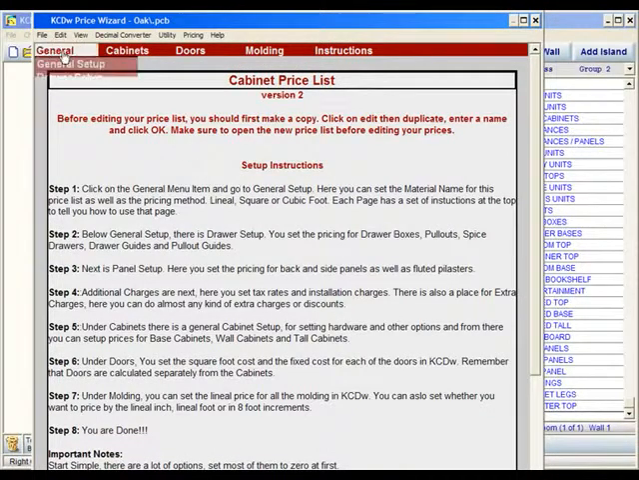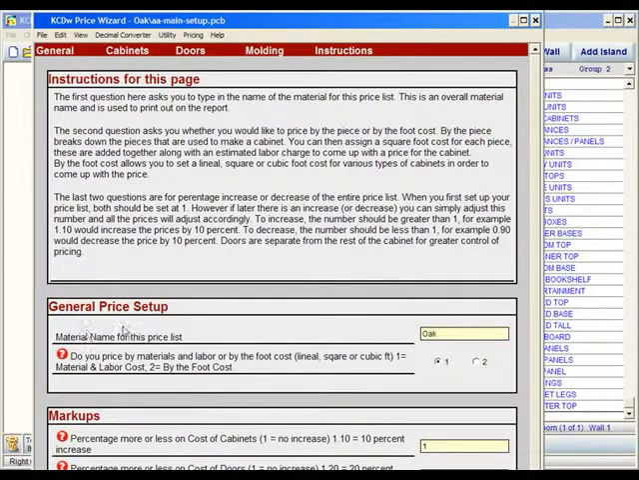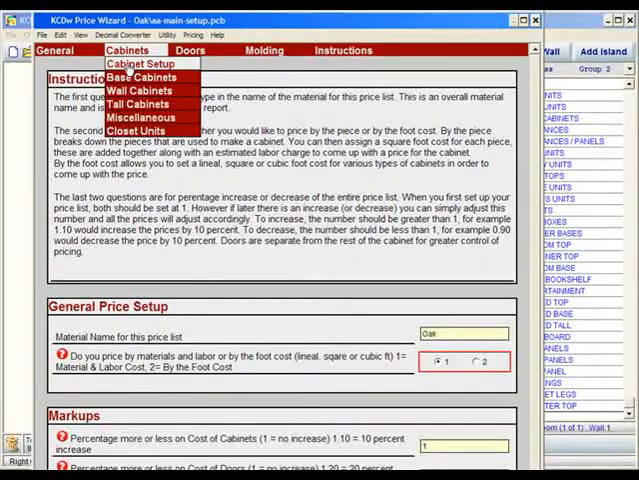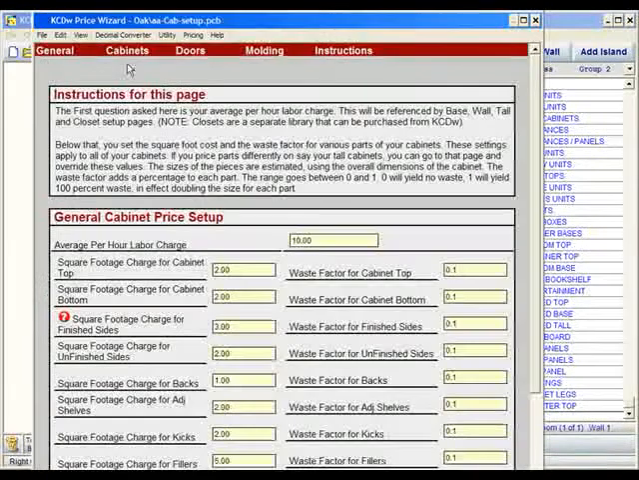Under the general setup, right here, you'll notice the price setup where it says material name. We've got it as Oak, but then you see where it says do you price by material and labor or by the foot cost. Well, if you want to do it by material and labor, we want to make sure that's checked on 1. Then, when I go to cabinets and cabinet setup, I'm going to get a series of questions that ask me